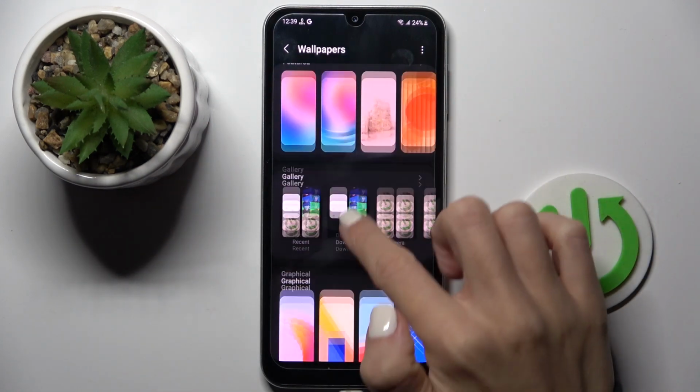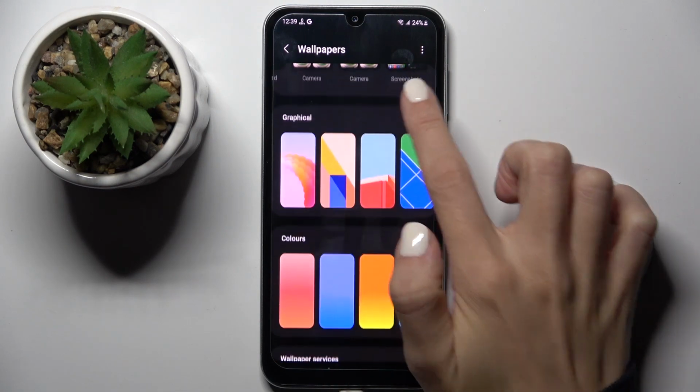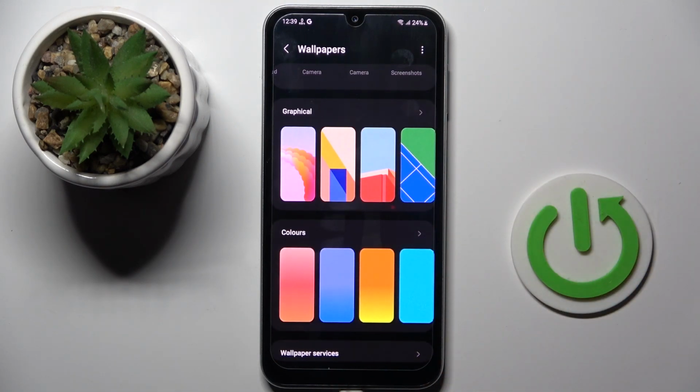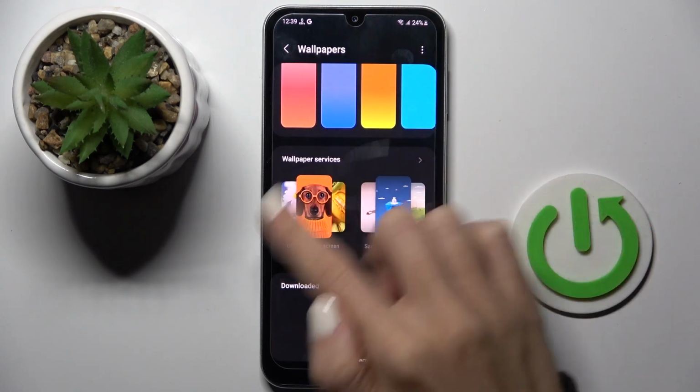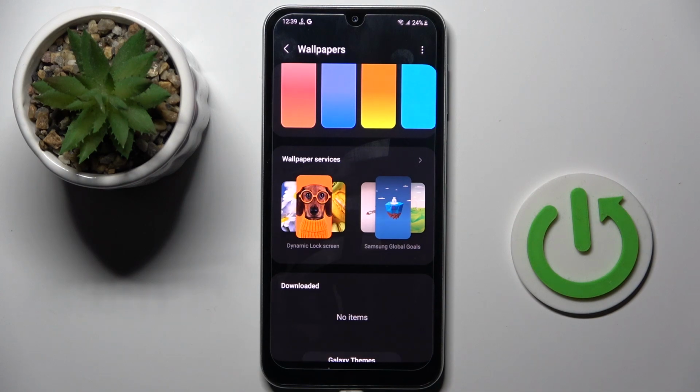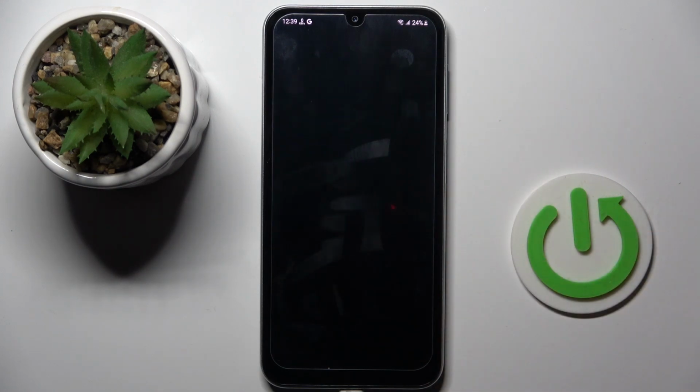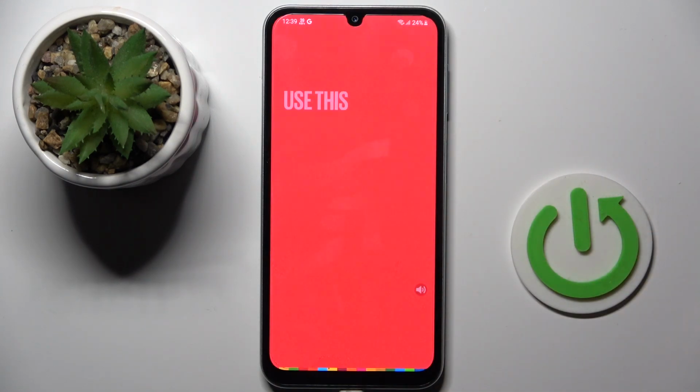Let me go back here. You can choose some photo from your own gallery. You can also select some graphical or color wallpaper. As for your lock screen, you can also choose something from wallpaper services. So, as for lock screen,